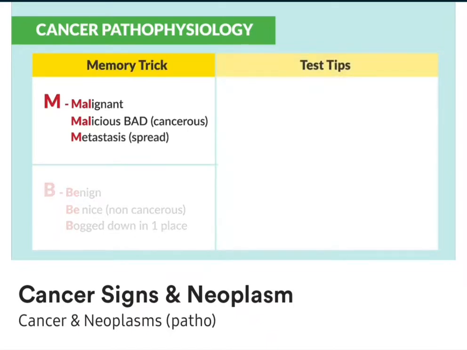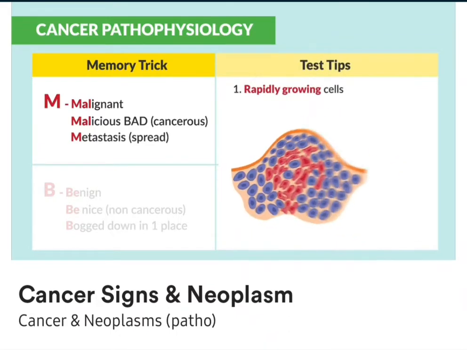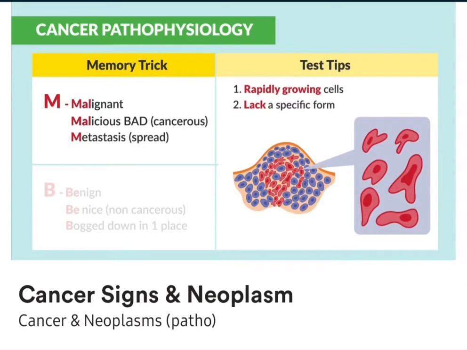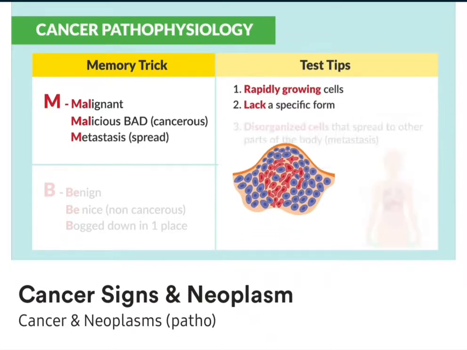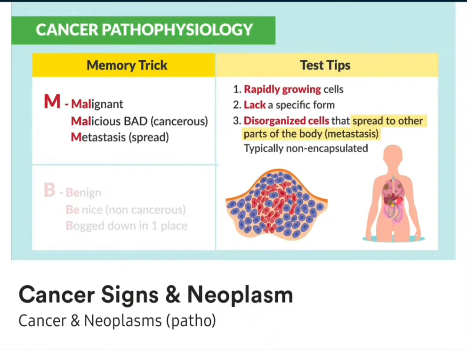Now for the test tips. Malignant, number 1, we have rapidly growing cells. Number 2, there's a lack of specific form. And number 3, there's disorganized cells that spread to other parts of the body. This is known as metastasis. Typically, these kind of cancers are non-encapsulated. Basically, they degrade or disintegrate and breach the capsule, and that is why they spread quickly and rapidly through the